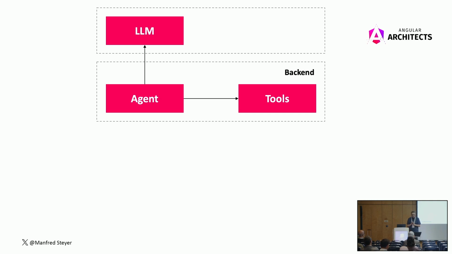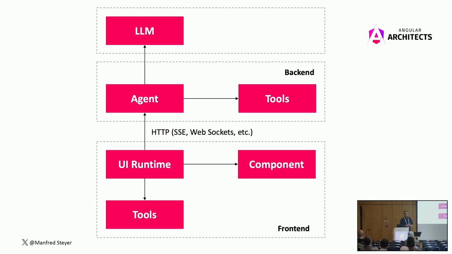Another thing that is not often explained is the counterpart on the client side. Most books end here. But when it comes to front-end development, obviously this counterpart on the front end is especially important for us. Here we have a counterpart to the agent. I call it UI runtime. And also this counterpart has access to tools. But now we are speaking about client-side tools. Tools that allow you to route over there, that allow you to pre-populate a form, tools that allow you to trigger a search and so on.